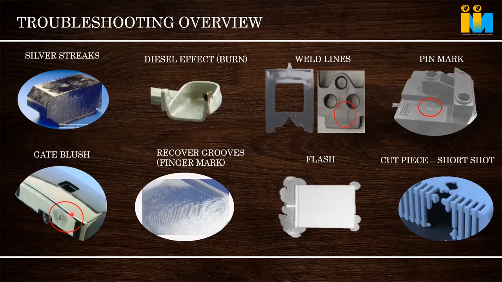Yesterday I discussed the submarine gate with a higher volume. Those types of gates can be designed, or we can increase the gate size. Yesterday we did a shear rate calculation. If the shear rate in the gate is above the recommended value for that material, this mark is going to come in the gate. A little increase will give a substantial result. So increase the gate based on the shear rate of the raw material, then this mark will be solved.